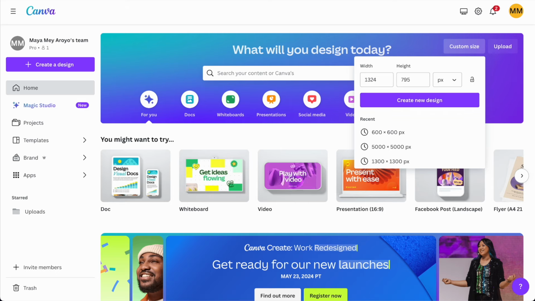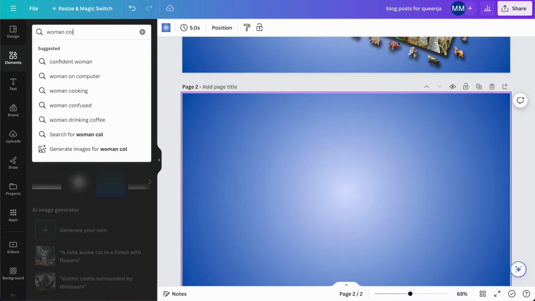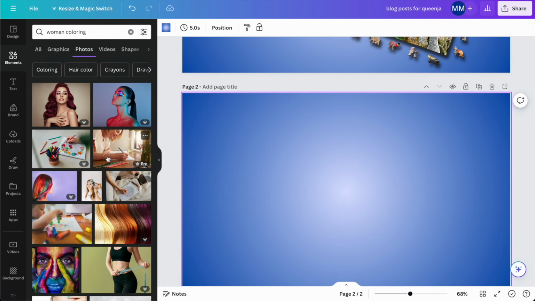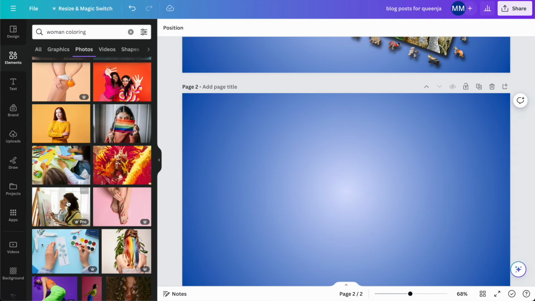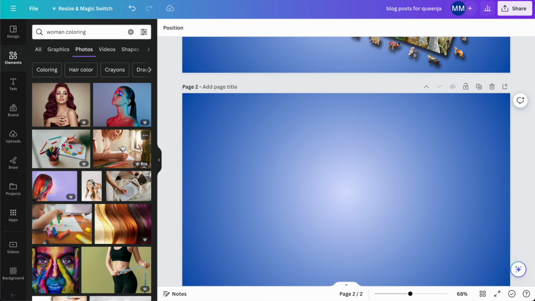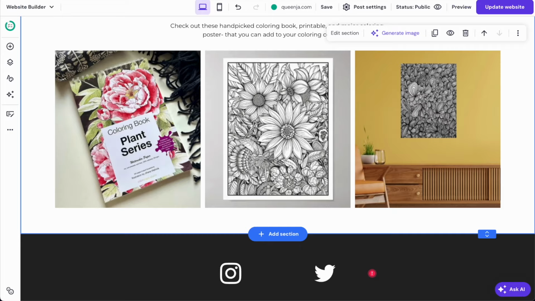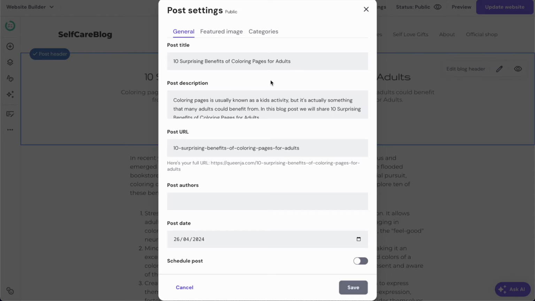And I'm going to head on over to this part where I was creating the photos, and I'm going to find a woman coloring or make one with Lexica. Photos of a woman coloring. I scroll down, there's something sexual here. I do not know why woman coloring would lead to that. That was a surprise. Let's take this one, replace background, name it after the blog post,